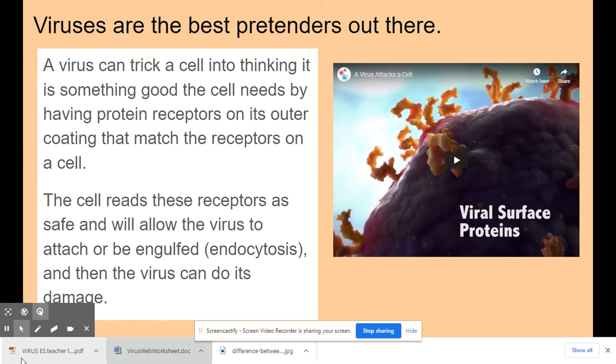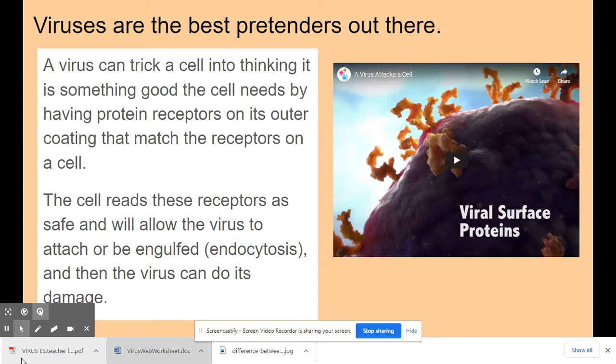One of the things that I have on here is a little video clip that you can watch that shows you in detail how a virus does attack a cell. The thing you need to remember is that viruses are really good at faking who they are. They can create and mutate receptors all along their outside, these little glycoproteins, and they can make them mimic the different proteins that are on the outside of our cell that are designed to capture good things that we want to bring inside the cell. Well, when a virus can do that and pretend to be something that's good, it's allowed access into the cell